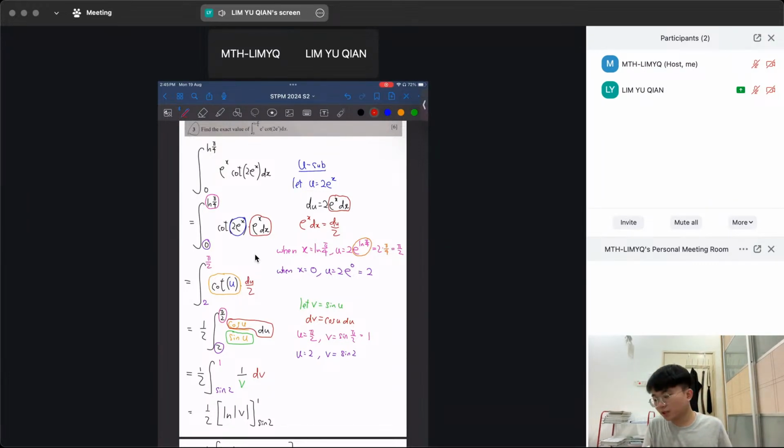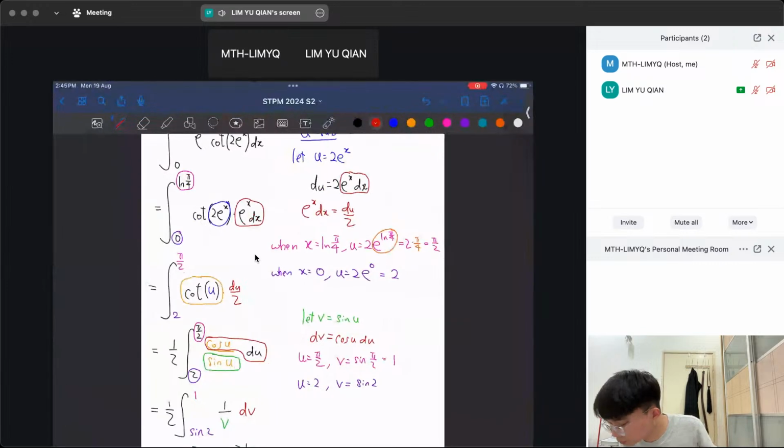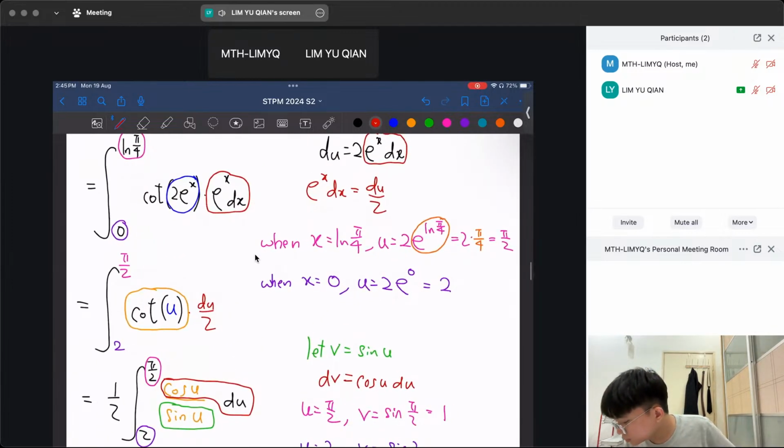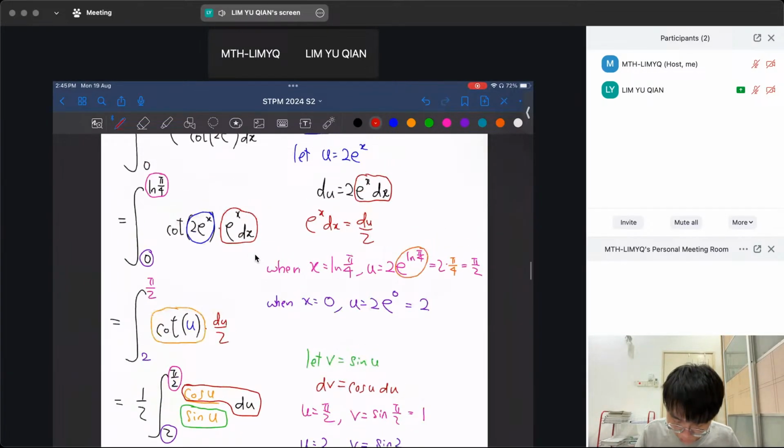Is my screen like this? Is it too small to see? Would it be too small to see? So if I turn like this, is it better? 这是比较好一点，对吗？这是比较好一点。